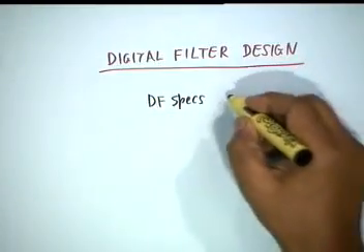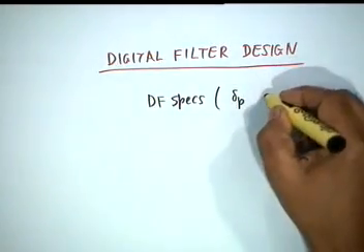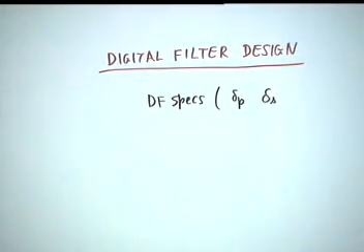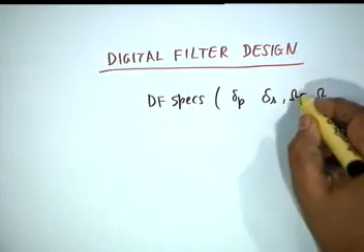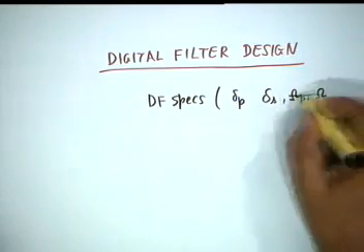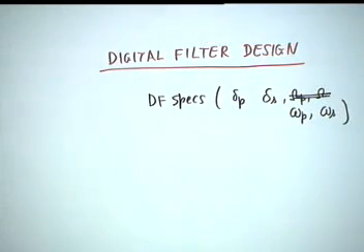Okay? Right. So, the problem is that specifications are given, and these specifications are, as you are already aware, the tolerance in the pass band, tolerance in the stop band, and the band edges. Okay? Now, if it is a simple low pass filter, then you know delta P, delta S, omega P, omega S, I beg your pardon, these are digital filter specs. So, small omega p, small omega s.